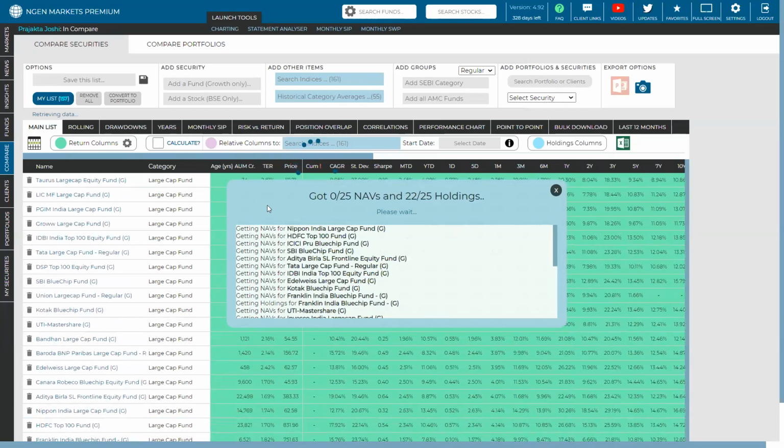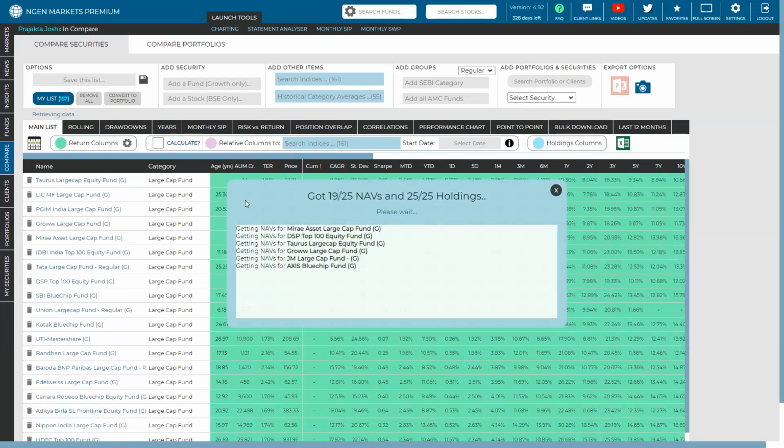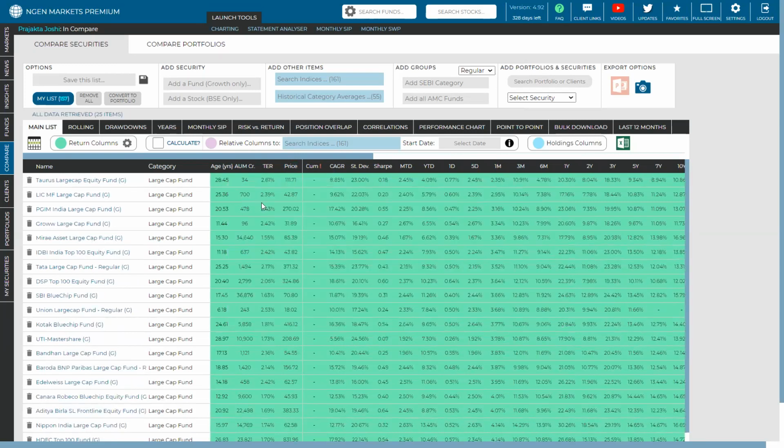So that's definitely an efficient way of doing that instead of manually adding them one by one. So that's right here. All the 25 funds are now in the compare section. Once they are in the compare section, we will then like to specify some start date so that we do a fair apples to apples analysis for all of these funds, because all of these funds have a different inception date. Doing an inception onwards analysis will not be exactly a fair analysis, because